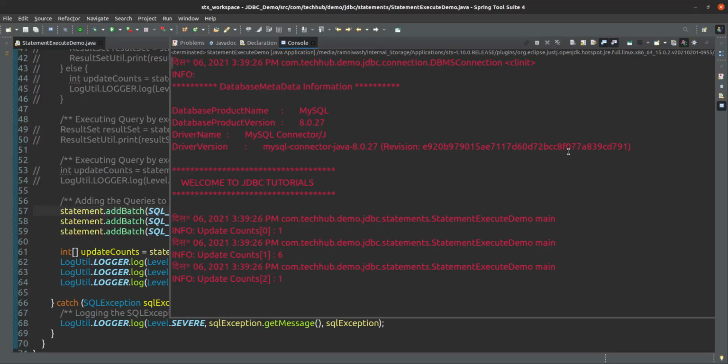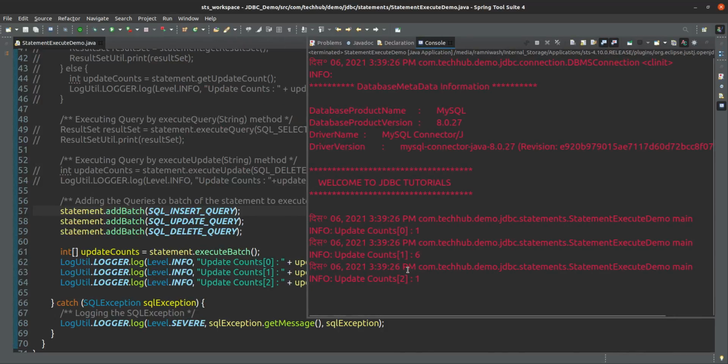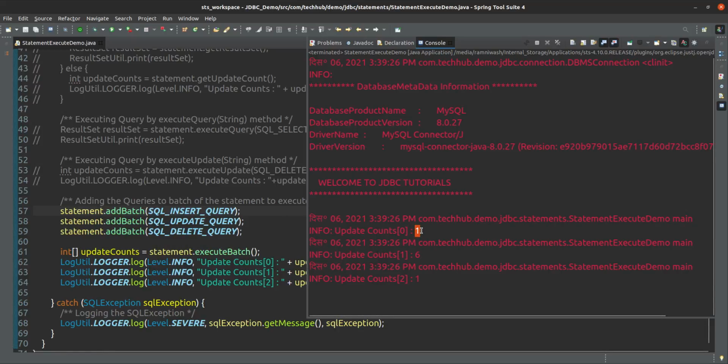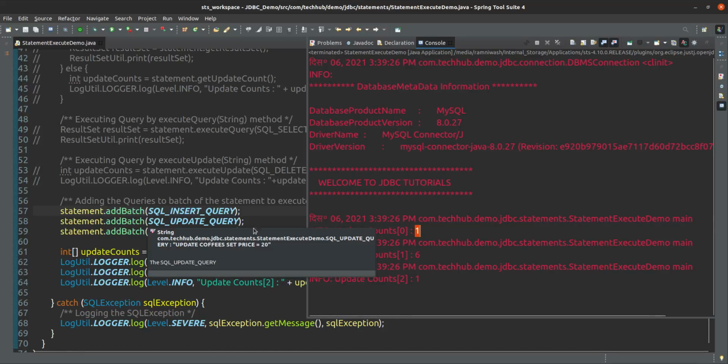Okay, second will be 6. Why? Because 5 records were already there, and one more record we inserted using the insert query. First, one record is affected by the insertion. Second time we are calling the update query.